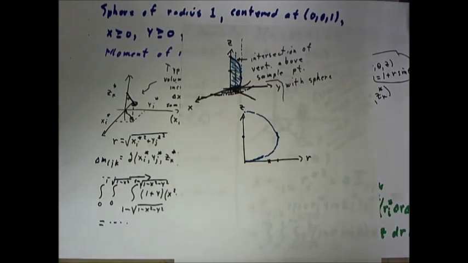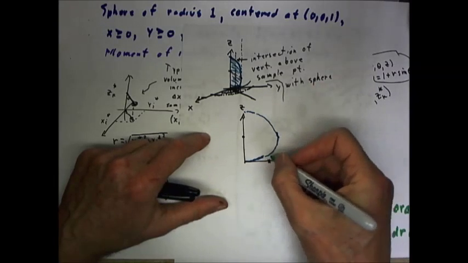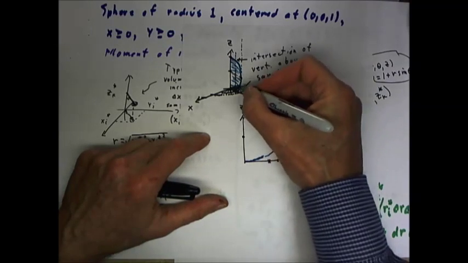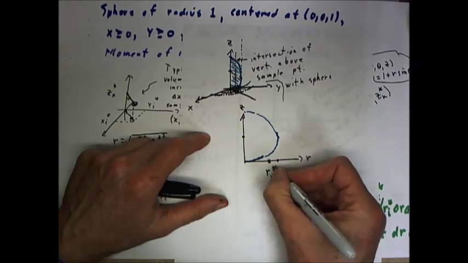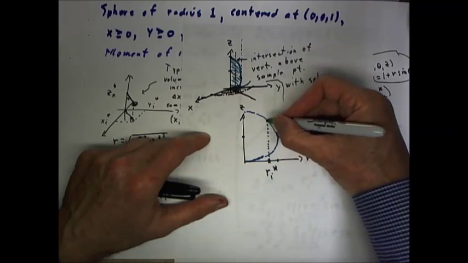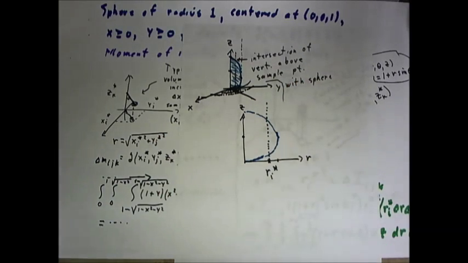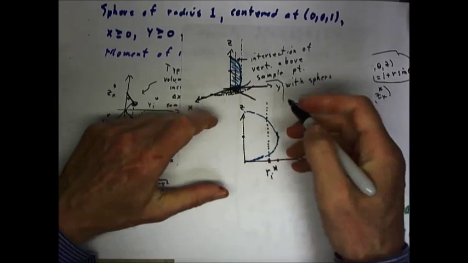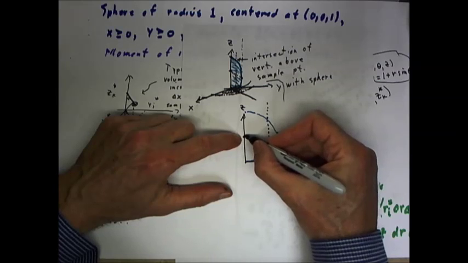It's a little bit distorted, but it's at least good enough to serve as a reference. Okay, so what's our r coordinate at our sample point? That's r sub i star. And our vertical line comes up like this. If we draw a segment from the center of the sphere